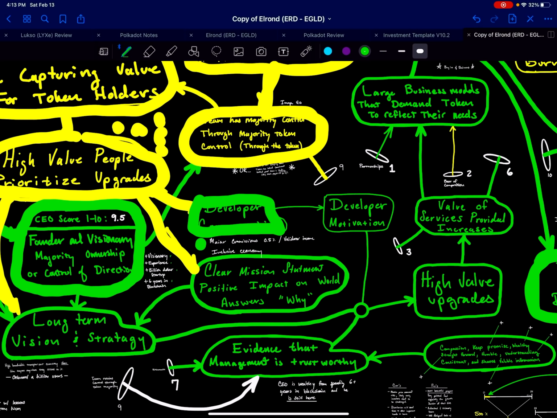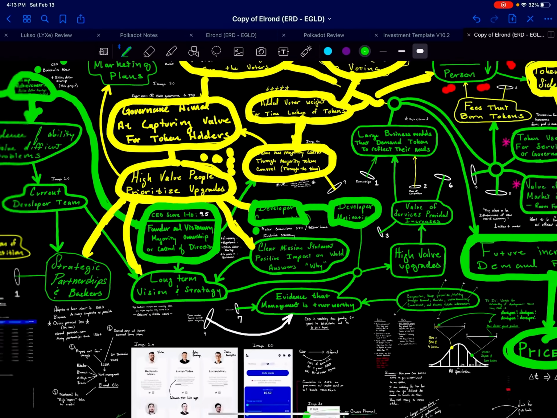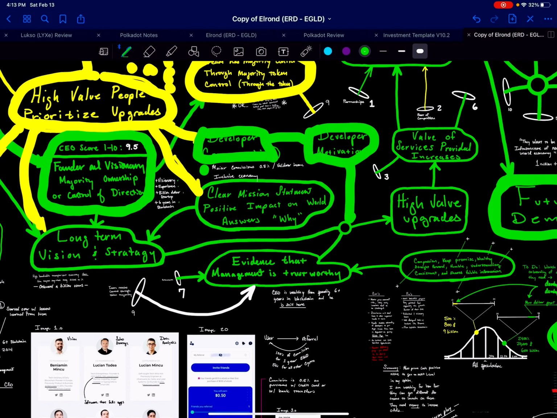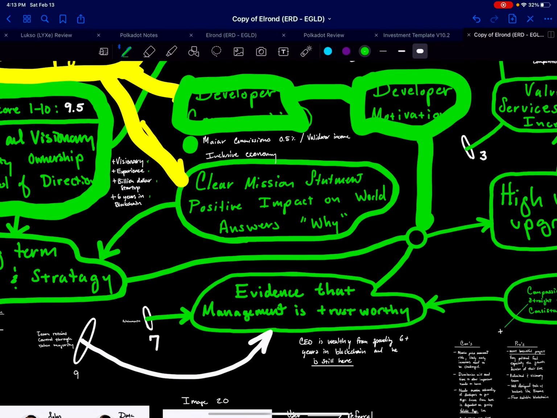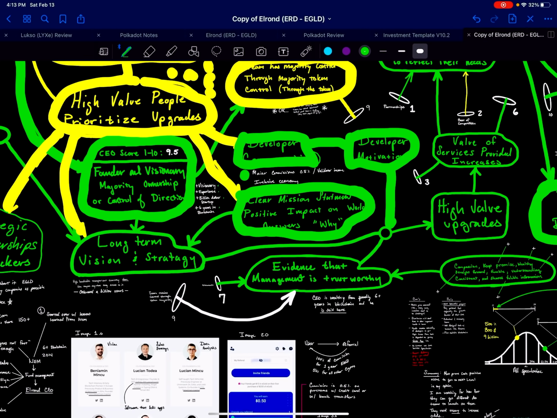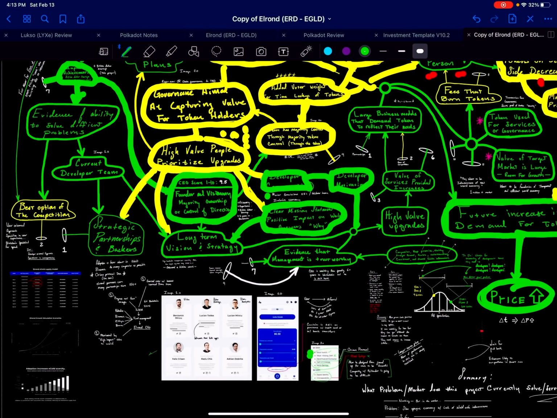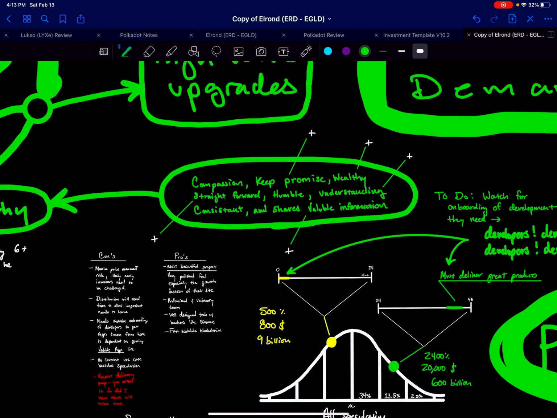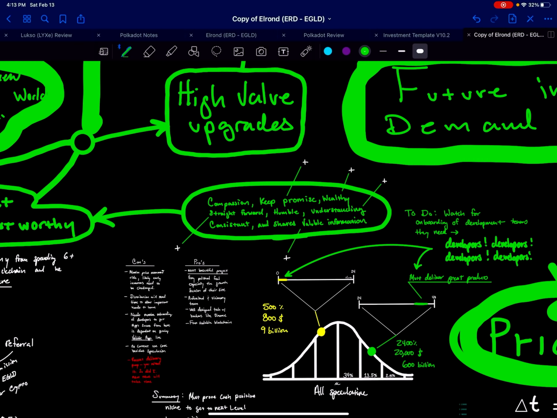Developer compensation comes from the commissions from the app validator. Also, your developer team's probably going to want to run a few validator nodes. So they will have developer motivation. Plus they had team allocations in their token sales. So they basically want to build an inclusive economy. That's basically why they're doing this. You could see the CEO talking. He was talking about, I want to do impactful things. That's why I'm even here. Okay, so one of the things we want to look at in a team is that they are trustworthy. And so the thing that I noticed through watching them is they keep their promises.